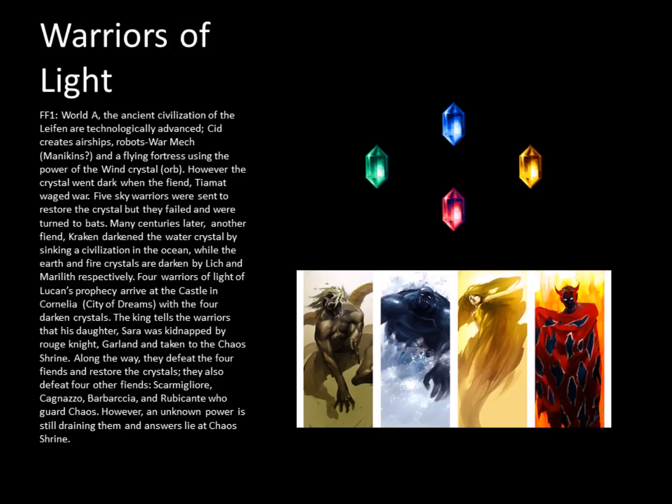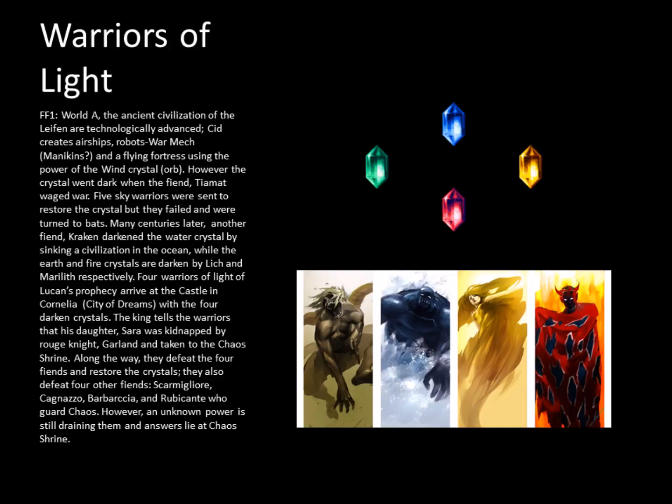Many centuries later, another fiend, Kraken, darkened the water crystal by sinking a civilization into the ocean, while the earth and fire crystals are darkened by Lich and Marilith respectively. 4 Warriors of Light of Lukahn's prophecy arrive at the castle of Cornelia, or the City of Dreams, with the 4 darkened crystals. The king tells the warriors that his daughter Sarah was kidnapped by a rogue knight, Garland, and